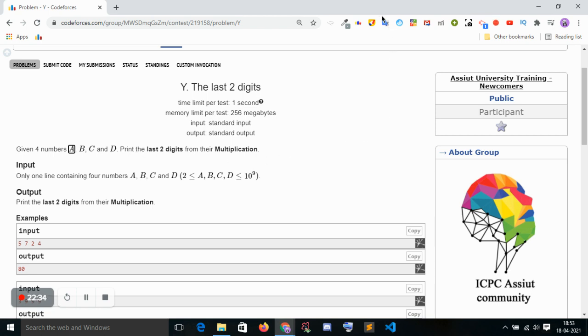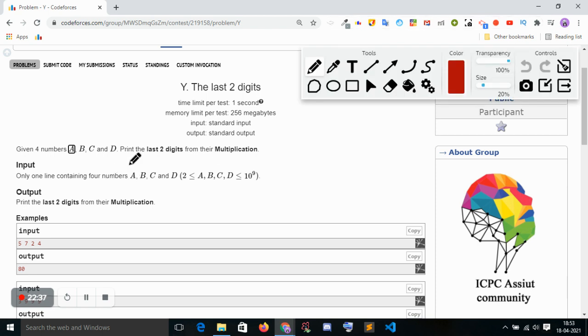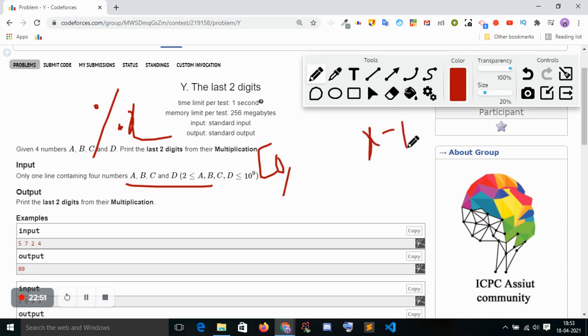So what is the main problem that we're solving? When I do the modulus operator, like modulus x, I get a remainder from 0 to x minus 1. To solve this question, I need the last two digits, so I have to take modulus 100. For getting the last two digits, I will always get 0 to 99.